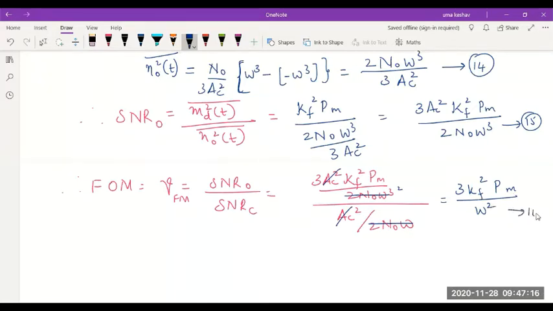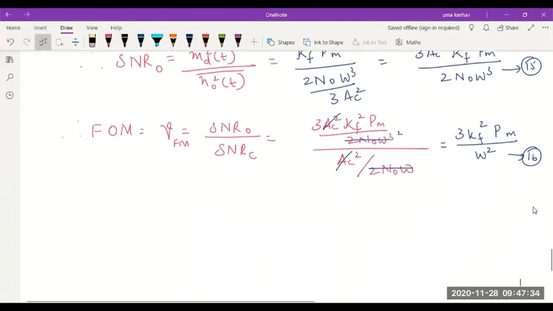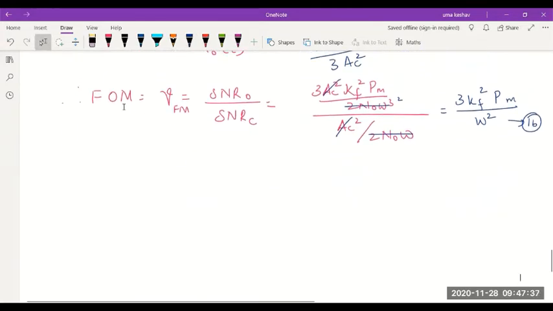This is our figure of merit for an FM receiver. So you are asked to derive this equation for, as I told you, 8 to 10 marks, it depends. You have to learn to do it fast and go through the steps fast. Maybe with sufficient practice, you can remember and skip some steps. Anyway, this gives us the figure of merit of an FM receiver.